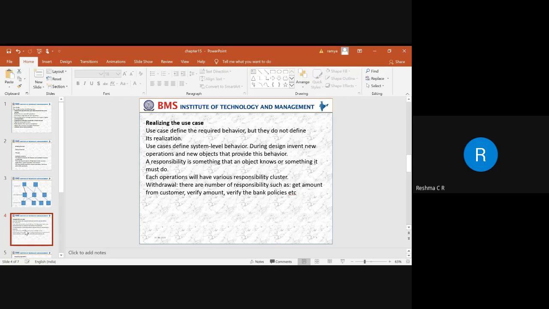The next thing is we need to define the use case. When we define a use case, it has to be defined at the system level behavior. When you say system level behavior, we are trying to identify the properties of the system in terms of attributes and operations.